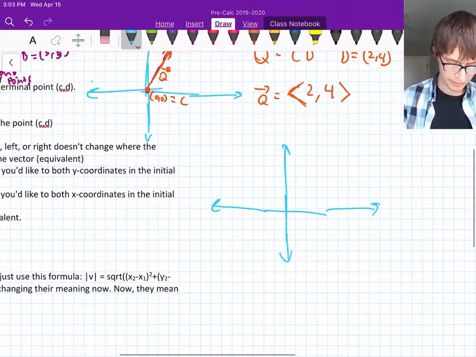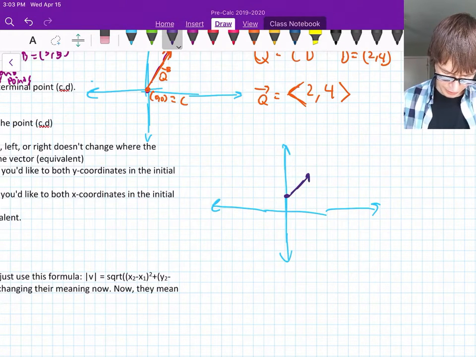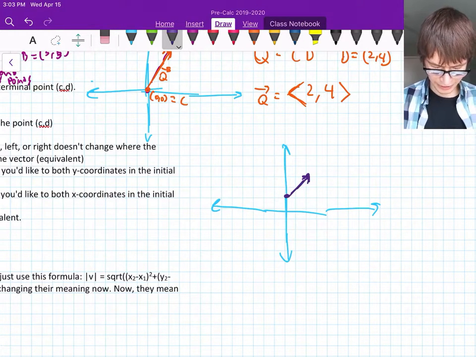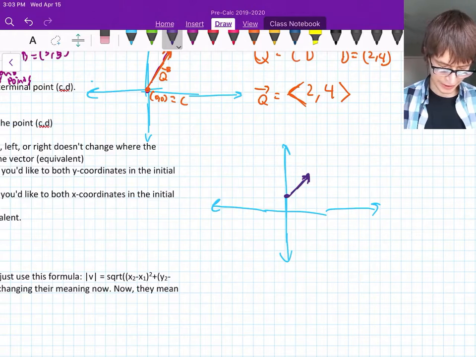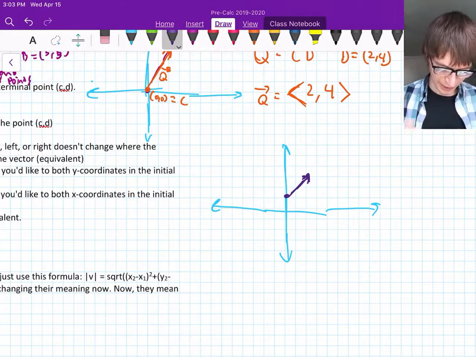Let's say I had a vector that went from, let's say, 0, 1 to 2, 3. Let's draw a little line here, and let's draw a little vector there. Let's say, I could use the Pythagorean theorem to figure that out, and you could probably do it in your head better than I can. But let's say the size of this is about the square root of